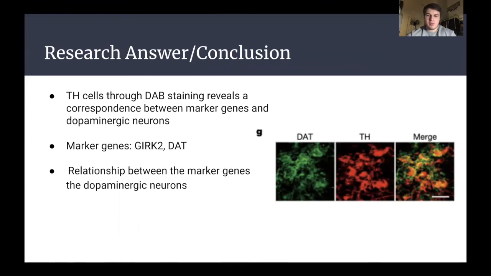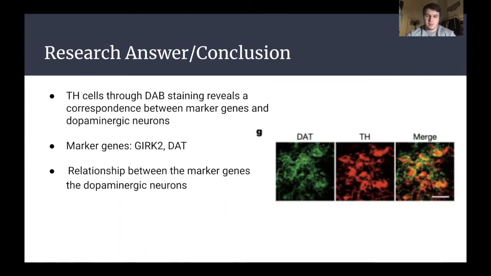So scientists performed this experiment in order to find traces of TH in the grafted cells, which would mean that the dopaminergic neurons are surviving. They performed a staining process called immunostaining and found TH and other marker genes with it. So the research answer is that TH was detected, and this shows that the grafted cells are surviving in the primates, making this a step further to concluding that using iPS derived dopaminergic neurons are working in the primates to